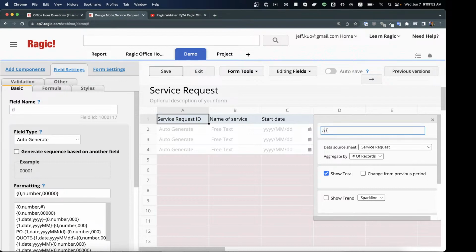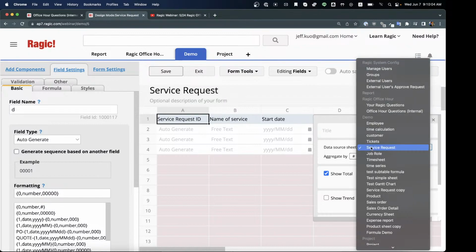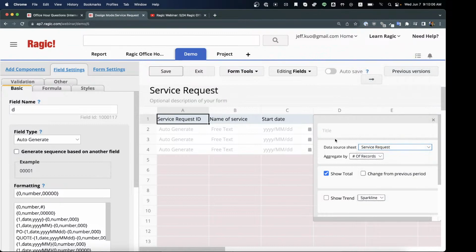Anyway, let me remove this first. Okay, so this is the data source sheet. When you insert a widget, the data source does not need to be on the same sheet, and it could be on another sheet. But in this example, it's aggregating the number of records on this sheet. So we can show a small widget here